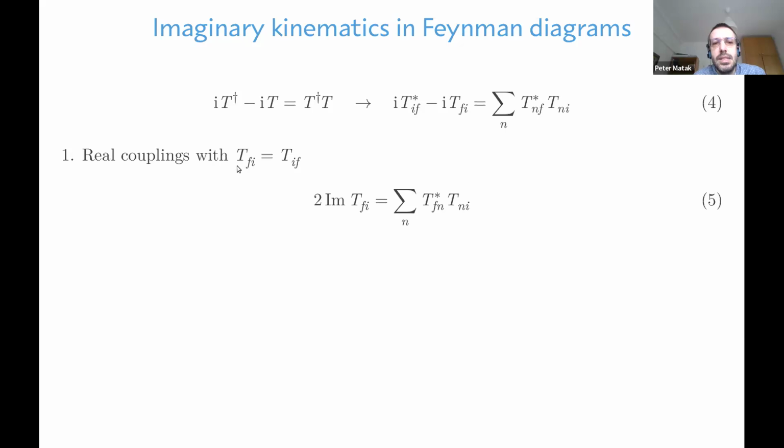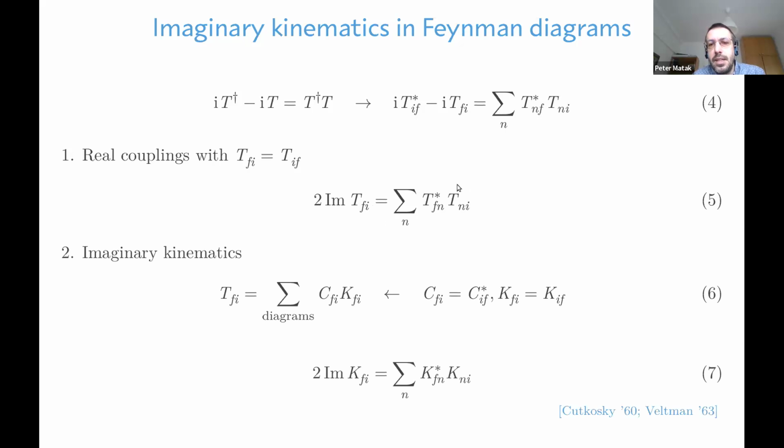So this T matrix with real couplings is symmetric. And you can exchange these indices, again having an imaginary part of some non-diagonal T. That again can be represented by a cut of a diagram from I to F. Another case, also interesting, is that we may have